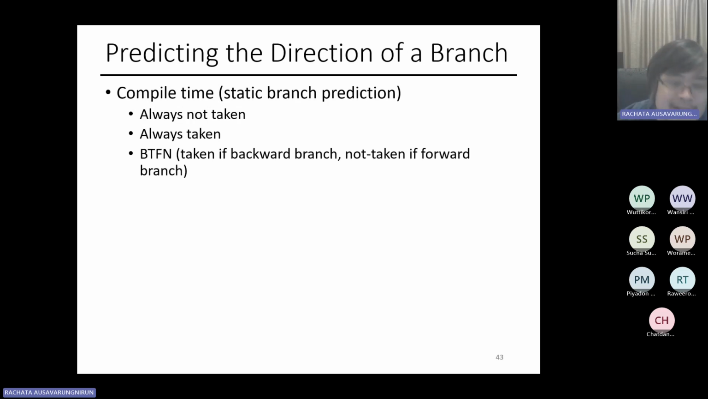All right. Another idea is called BTFN, backward taken, forward not taken. If it's a backward branch, these are loops. Usually you implement a loop in assembly using a backward branch, because your code goes down and then you go back up. That's what we call a backward branch. You jump back, loop, jump back, loop. If it's a loop, most of the time you are taking the branch. So taken if it's a backward branch, not taken if it's a forward branch, because if it's an if else,